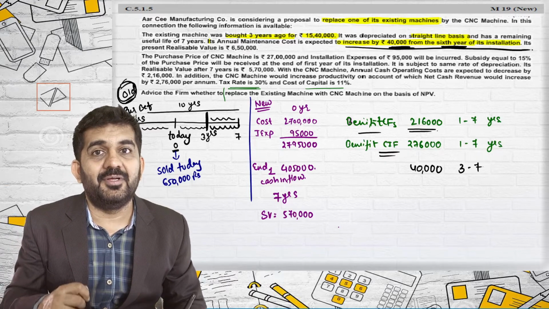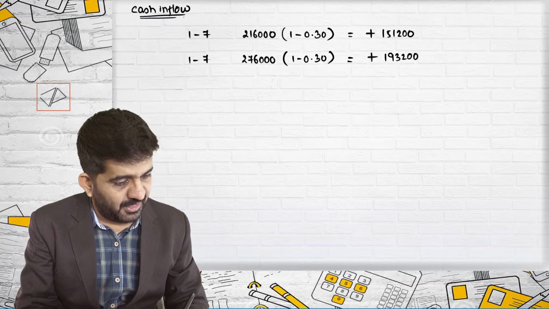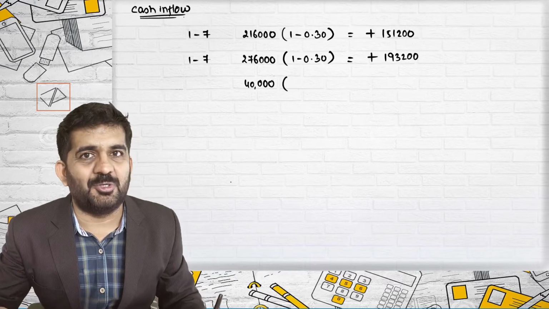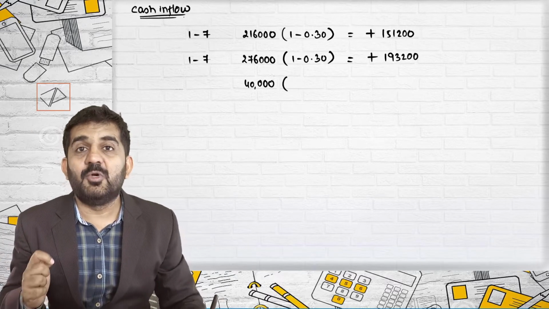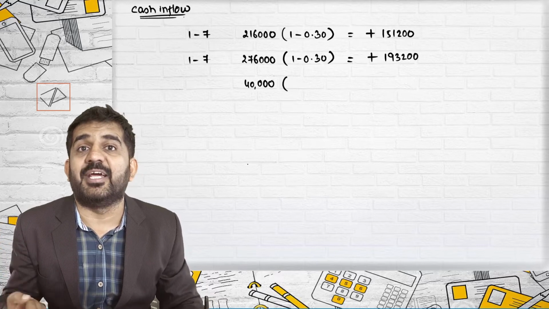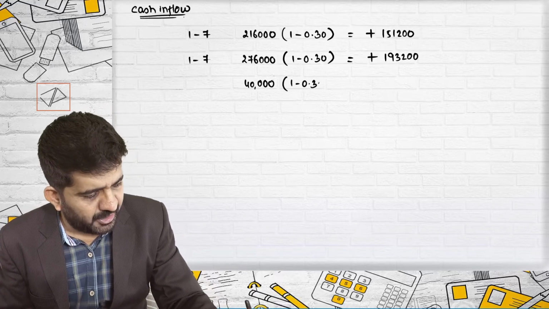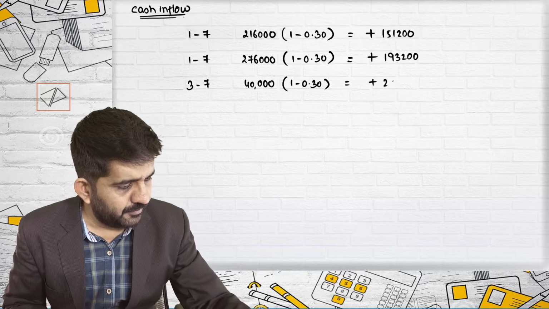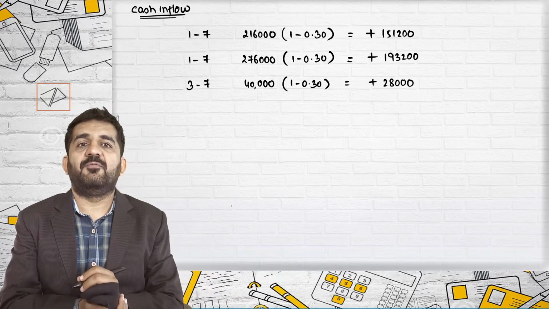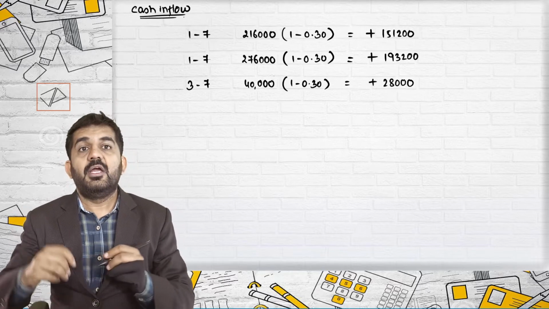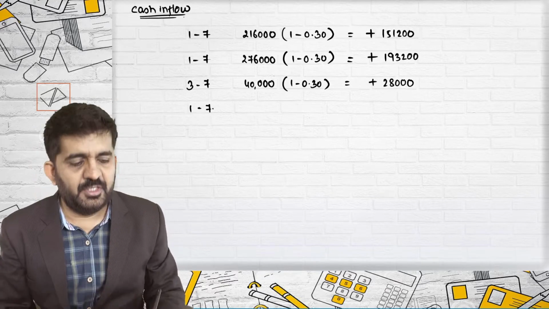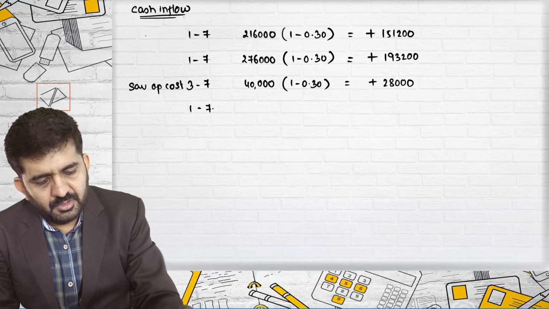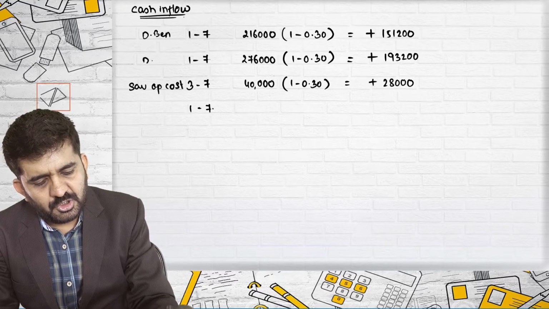And again, if there is a benefit, I will always have to find out a post tax benefit. There will be a benefit of 40,000, so there will be a loss in tax, because that amount will not be available for tax deduction. So you will have to consider tax on it whenever there is a benefit. This is from 3 to 7 and this will be 28,000 rupees. Again, it is my benefit, I will be adding it. I will also be getting from 1 to 7 years the savings in operating cost. This is a direct benefit.